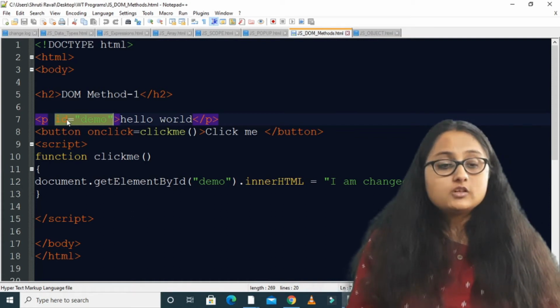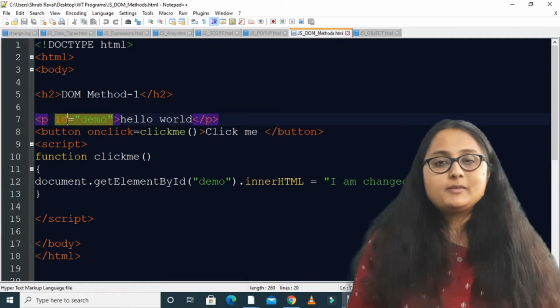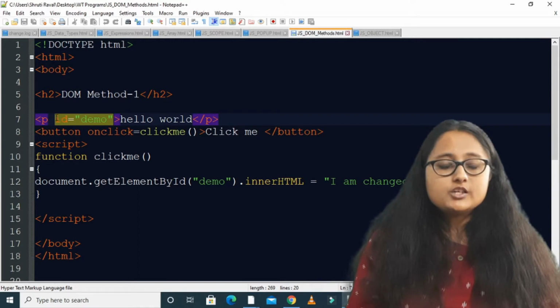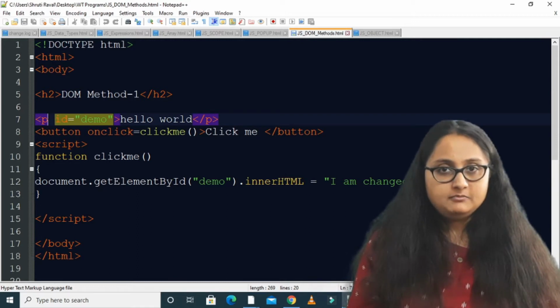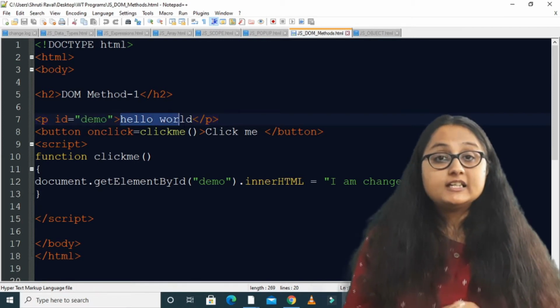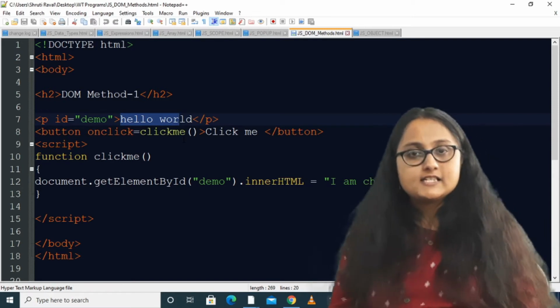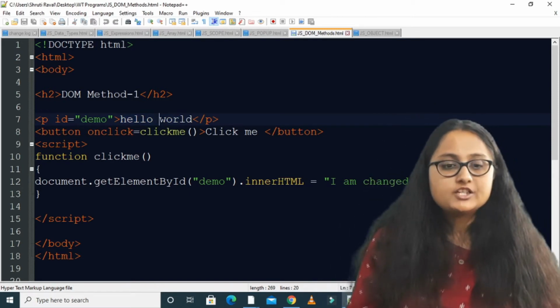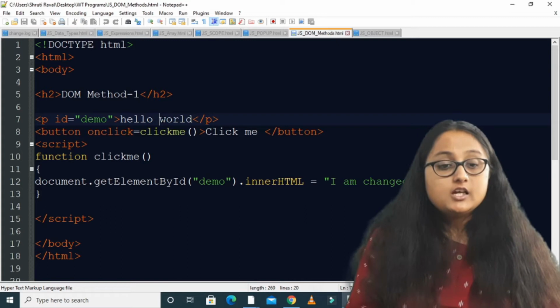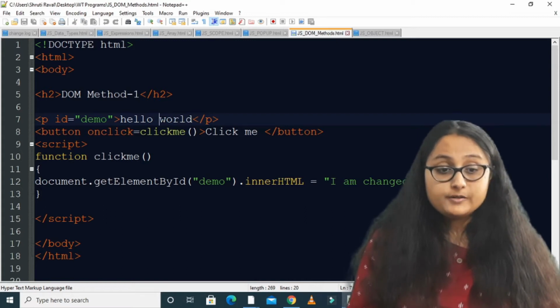So it is compulsory that your HTML element must have this ID attribute defined. Inside the paragraph, the inner text, or inner HTML, is hello world.